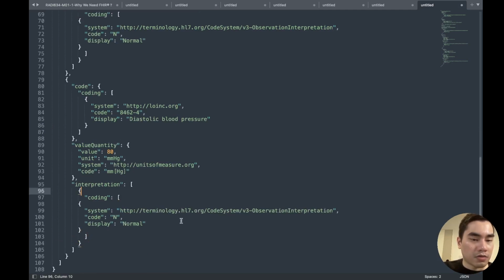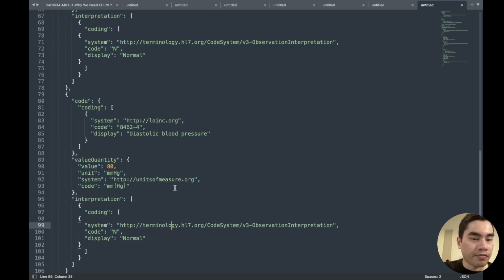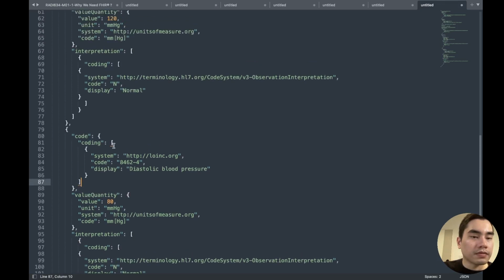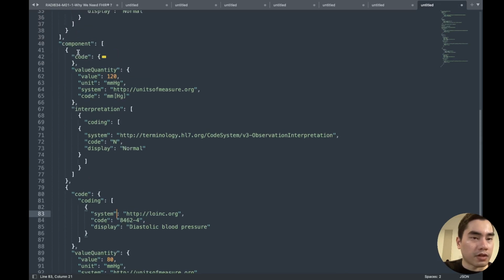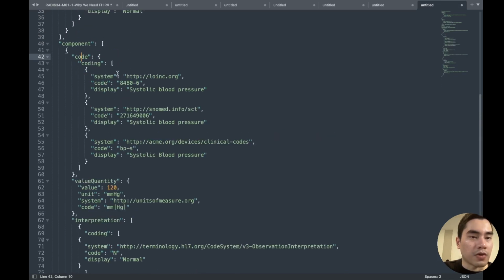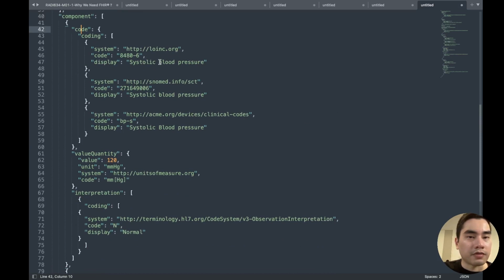Okay, so done. The coding for the diastolic has only one coding system, but for the systolic, they show us in case we have many codings, how we can pull in the codable concept, right?